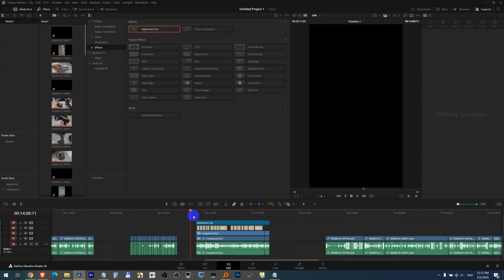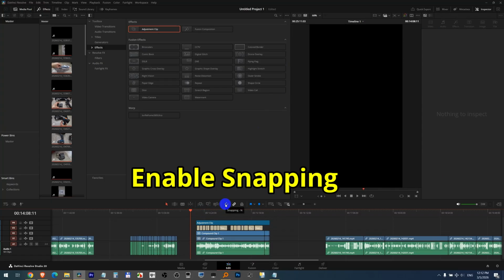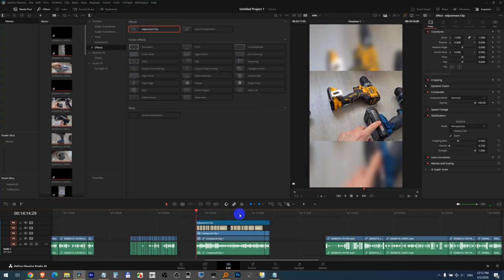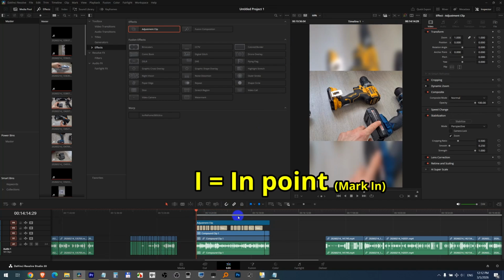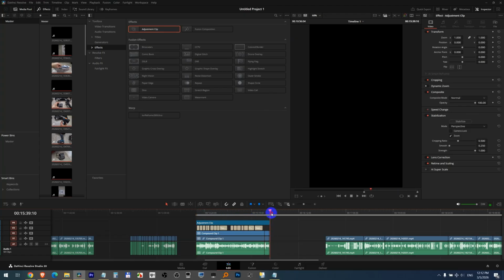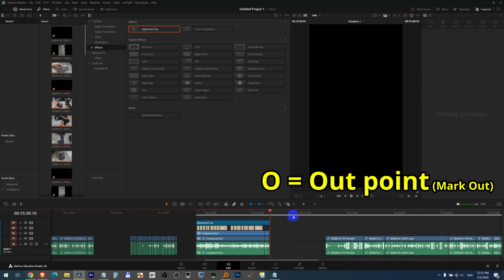First we have to define the beginning and the end of that zone and enable this snapping so that the playhead will jump exactly there. Now press the letter I for the in point, I on the keyboard. This selection appears. Now go to the end, stick it there, press the letter O on the keyboard,